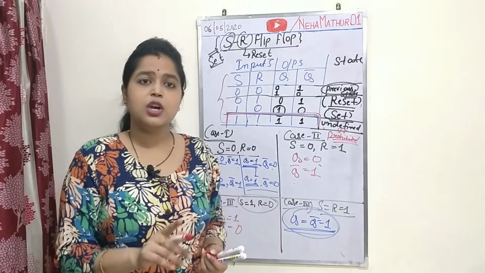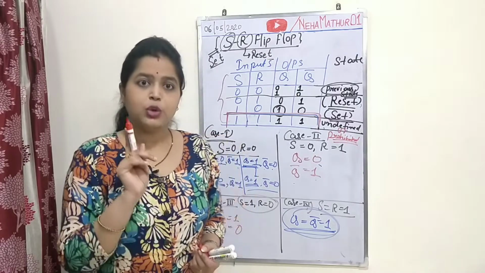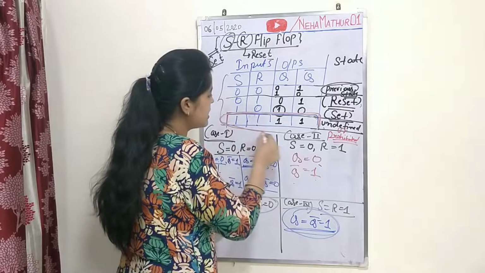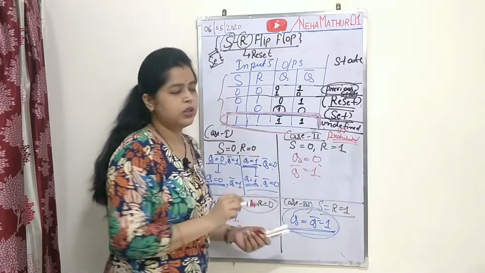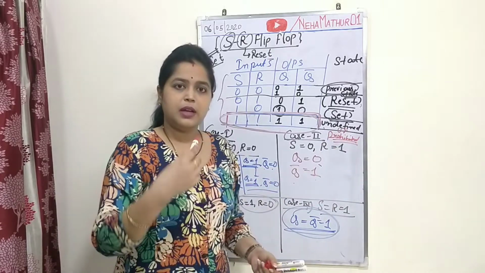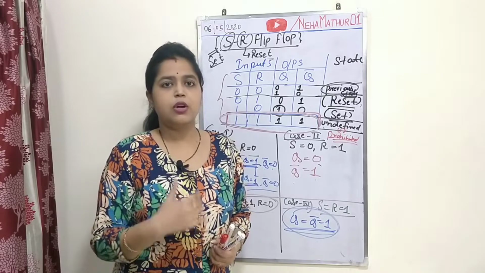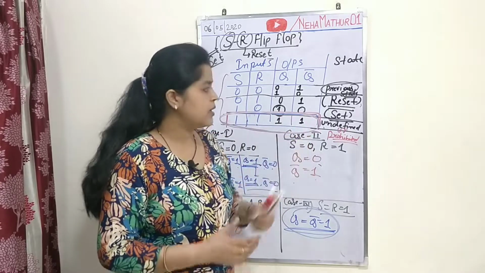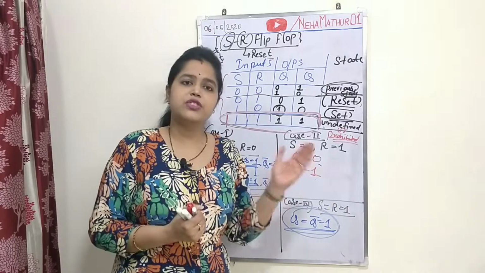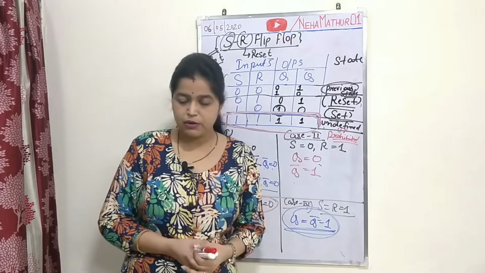The main purpose of introducing the JK flip flop is to overcome the drawback coming from the SR flip-flop, which is your fourth case, the prohibited condition. In the JK flip-flop you will learn how such a prohibited condition can be overcome by introducing a new circuit in the form of the JK flip-flop. Fine. So this is the general concept of the SR flip-flop.